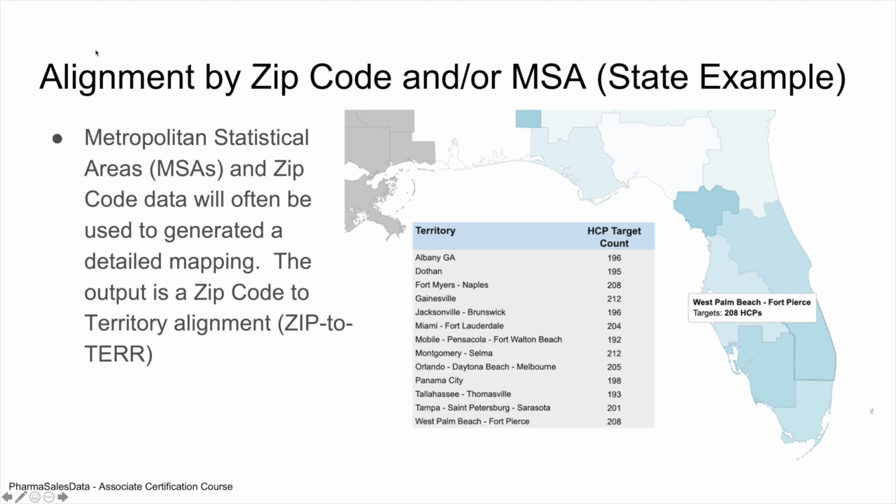So a single sales associate would call on the HCPs within that geographic area, that colored area. And this is what is referred to as the zip code to territory, or MSA to territory alignment. Now you can see we have highlighted here the West Palm Beach, Fort Pierce territory, which has 208 targets. Now, not all of your territories will have the same number of targets, but you want to have them close,